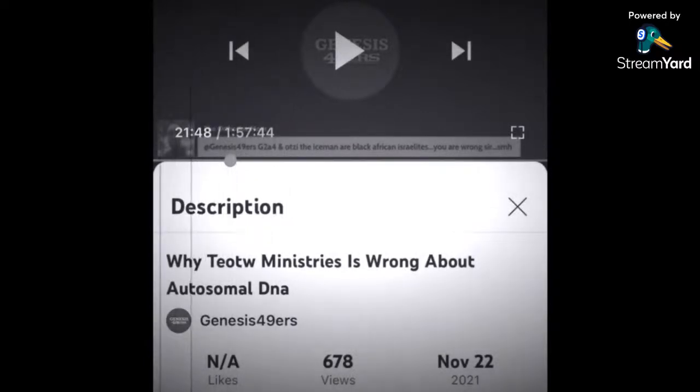So if Teotw Ministries wants to insist on an autosomal definition of Israelite, here are some questions to keep in mind while you watch this clip. What is our model for an autosomal Israelite? Like, what are we comparing people's autosomal DNA to, right? And on what grounds do we make that particular thing the standard for an autosomal Israelite? Can we use the Natufians? Do we have to use something else? What should we use? Whatever the case, here's the clip of Yeshub discussing what Jacob might have looked like autosomally